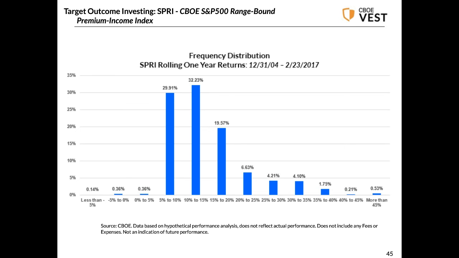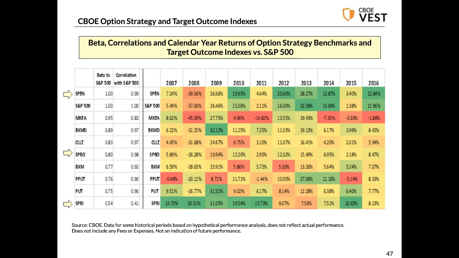Okay, so finally we are at the end of the talk here, and I'm going to conclude with some comparison of some of these option strategy and target outcome indexes based on S&P 500 ETFs or S&P 500 options. What I'm showing here in this chart, and we'll look at an efficient frontier, is that these strategies come with different correlations to the S&P 500, as you can see on the left. They have different betas in most cases,